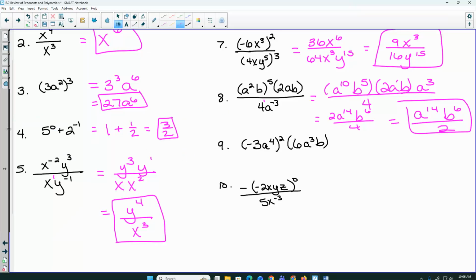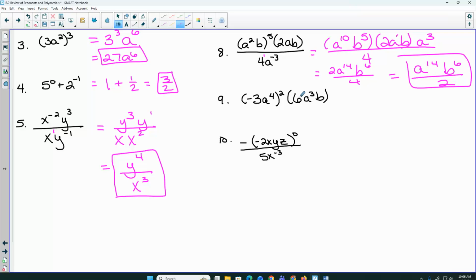Number 9. What is negative 3 squared? A to the, careful, 8. Power to power, we multiply. So then if we multiply 9 times 6, get 54, a to the,